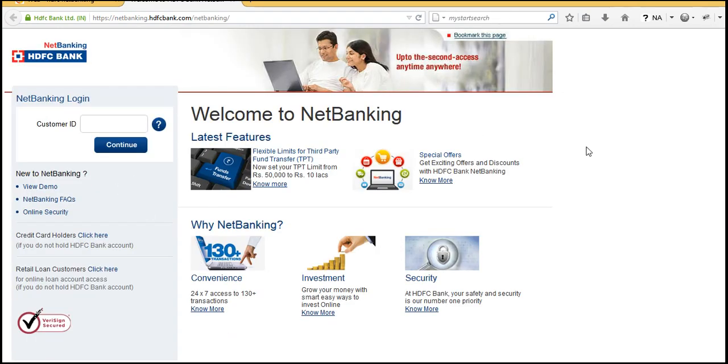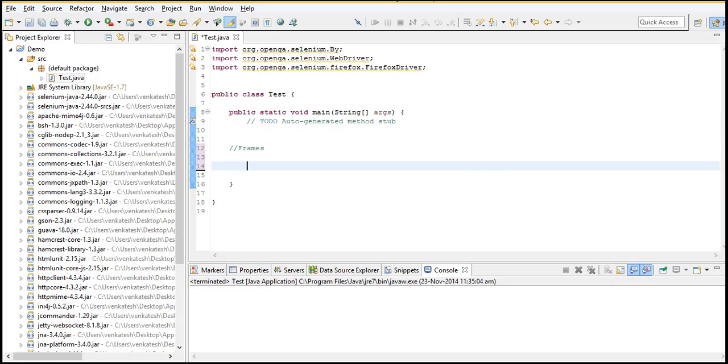So from your perspective, right now I didn't teach you frames, right? So forget about frames and try to automate it in a normal way. Let's see where actually our code breaks and try to analyze what we need to do to handle that. Okay, so from our perspective, let's come into this website and enter the information on customer ID, right?